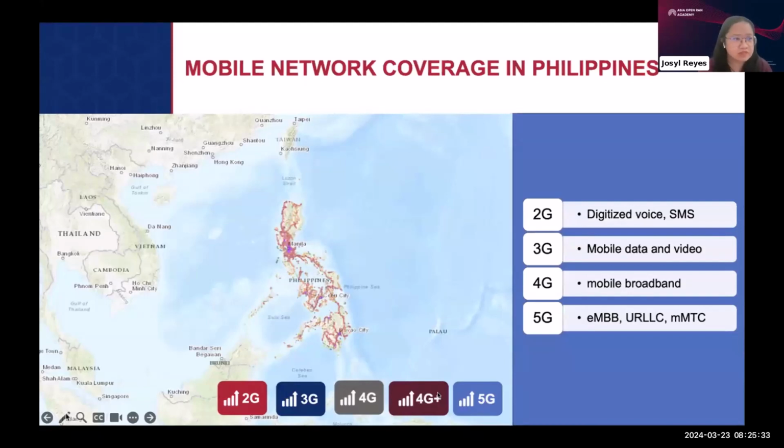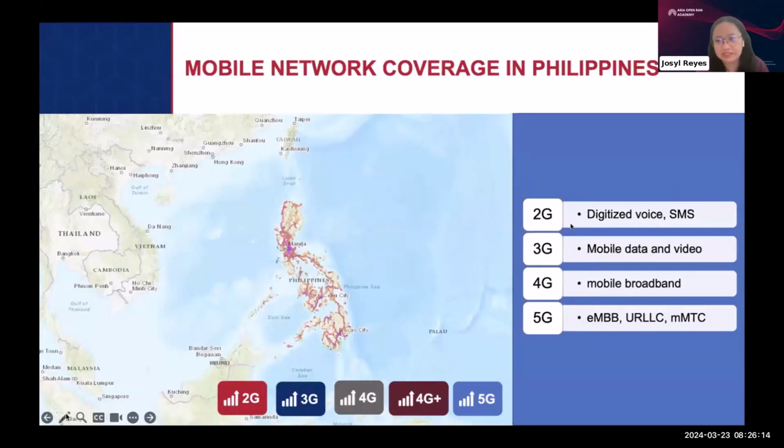Okay, so sometimes there are some generations that are in between the integer numbers, like this one, 4G plus, because the rollout of the cellular technology is usually in phases. So there is an initial phase and then the next phase and so on. If you're interested to know more about the different phases of the cellular technology, you may go to the 3GPP website, and there is a lot of content there, and white papers on this and things like that. But in general, for each generation, there are significant